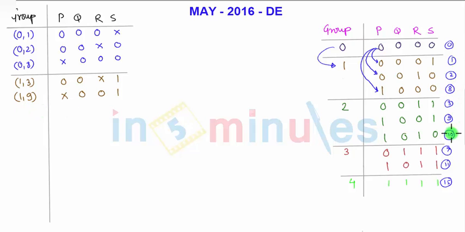Then 1 compared with 10, see bit number S is uncommon, as well as bit number P is also uncommon. So we want only one bit to be uncommon, and the rest of the bits should be common. So we will leave that thing 10 and we will move to the second part. So 2 compared with 3, I have 0 0 1, the last bit is don't care. Then 2 and 9, also it is not working, it is again S bit is uncommon along with the R bit. Okay, and P bit is also uncommon,